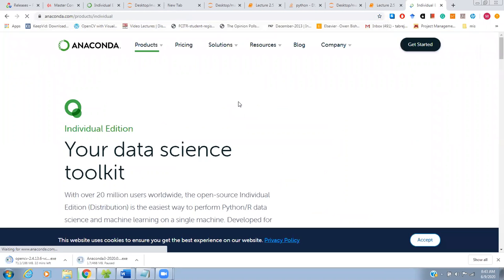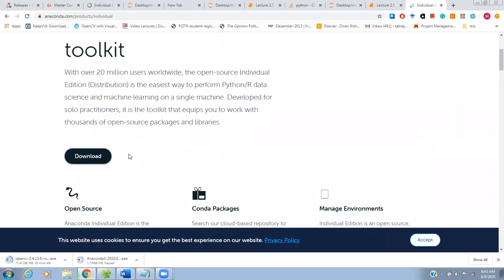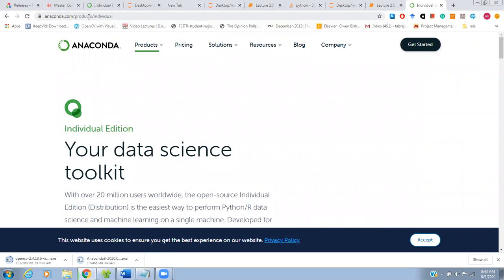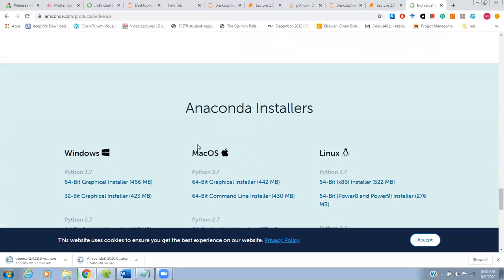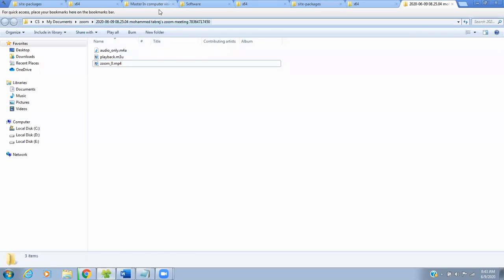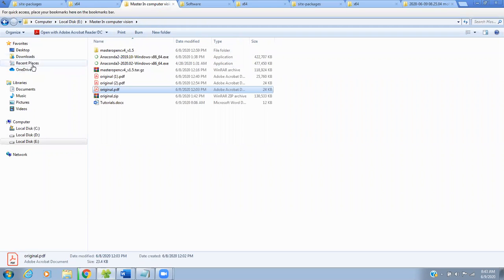You click here, and this is anaconda.com, product, individual. Then you click download. If your system is 64-bit, you can install the graphical installer of this one, and when you install, finally it will look like this. If you go here, I can show you. Yeah, this is Anaconda 3. If you run this one,